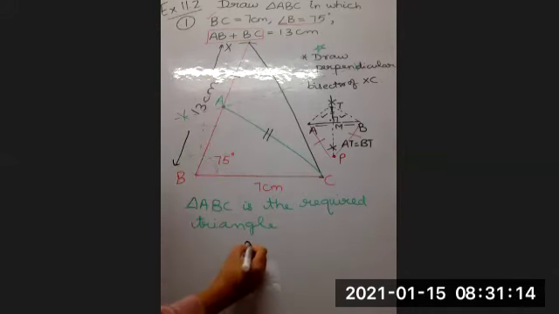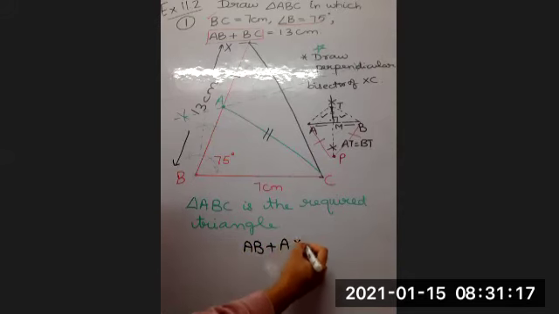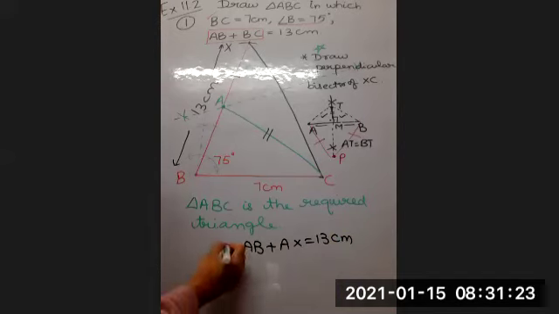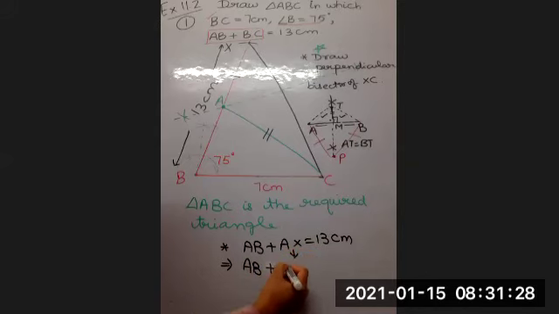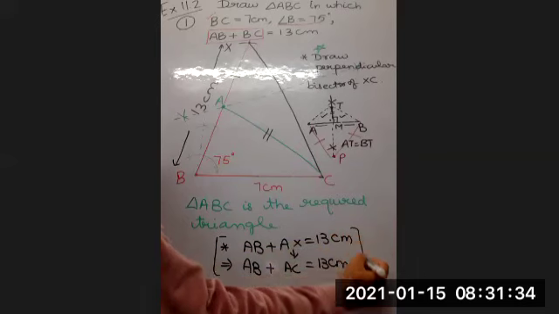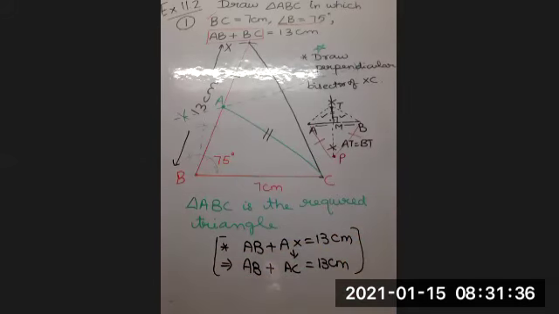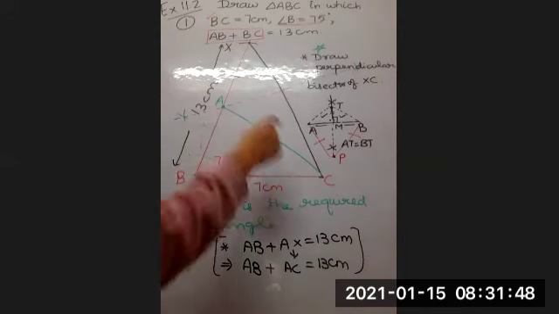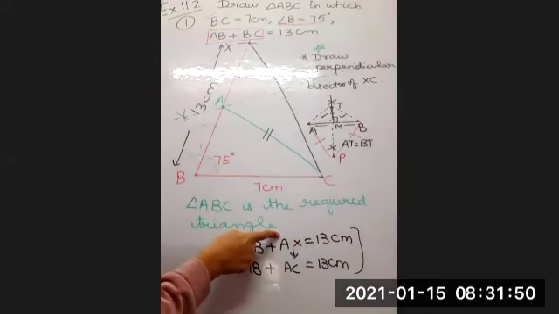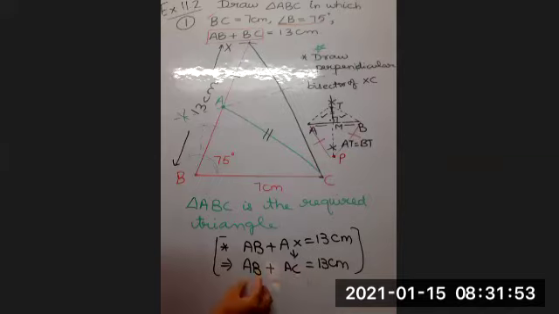We had AB plus AX is equal to 13. यही draw किया था बेटा. So this gives me what? AB और AX किसके equal हो गया? This is for your understanding that why this construction is working. This construction is working because AX and AC are equal. AB and AX को हमने 13 खुद draw किया था. Since AX is equal to AC, so we are getting that the sum of two sides is 13.